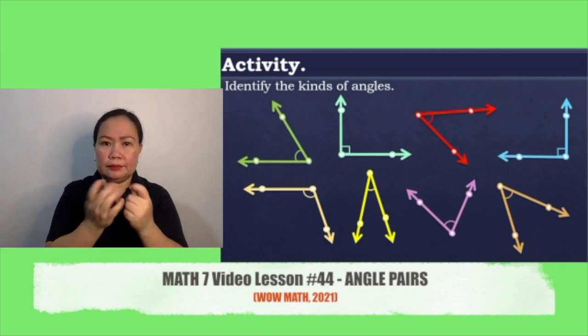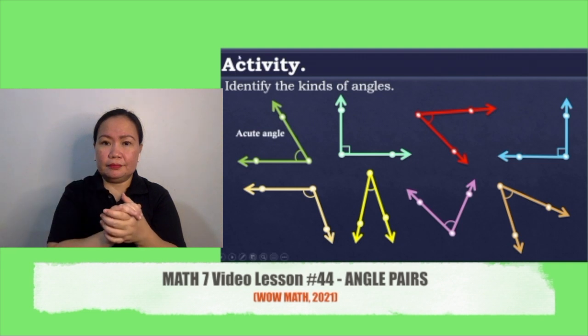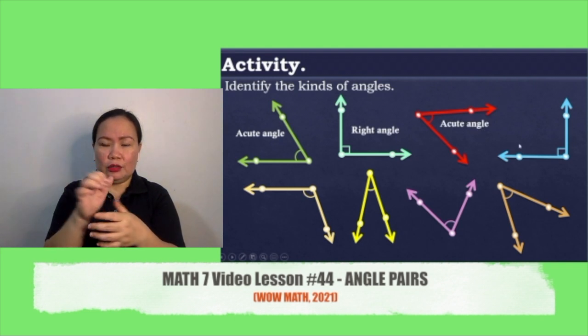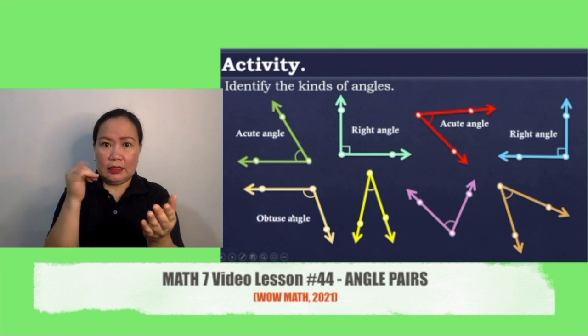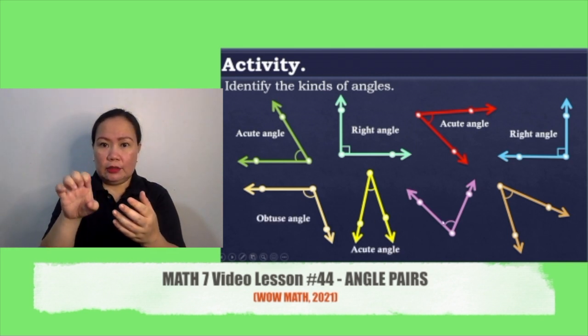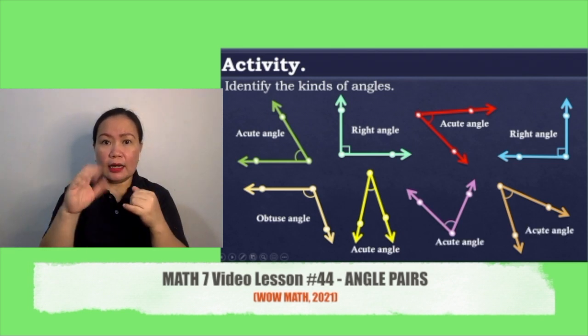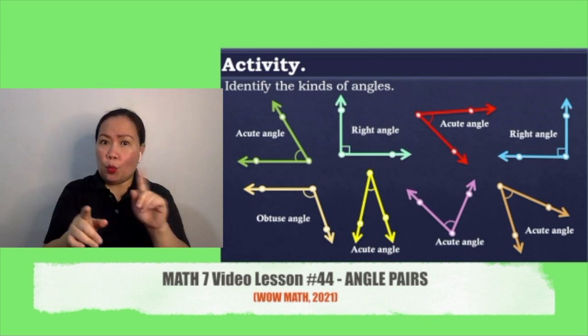So yung green angle natin, this is an acute angle. And then ito, this is a right angle. The next one is acute angle. This one is a right angle. This one is obtuse angle. This is acute angle. This is also acute. And this is also acute angle. Okay, so very good. Now, marunong na tayo mag-identify ng kinds of angles since